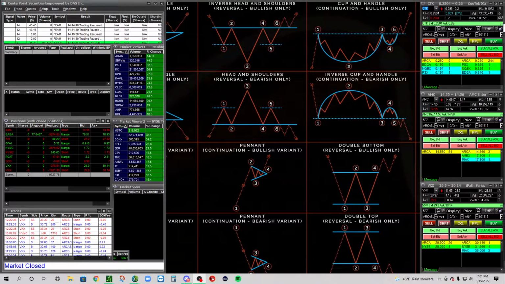But let's just say you're patient enough and you're like, you know what, I want to see SPY get to like an $8 move. And by the time it gets to the $8 move, whether it be to the upside or the downside, is there a major support or resistance at those levels? So then you can game plan, like, okay, I'm gonna scale in from the $8 range, and then I'm gonna give it room. And if the trade starts going against me a dollar or whatever, I'm gonna either size down or just completely get out,